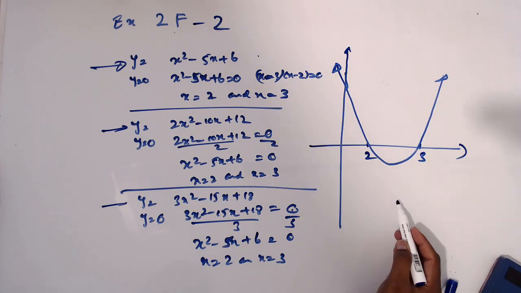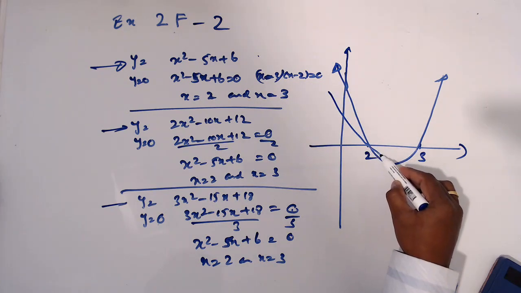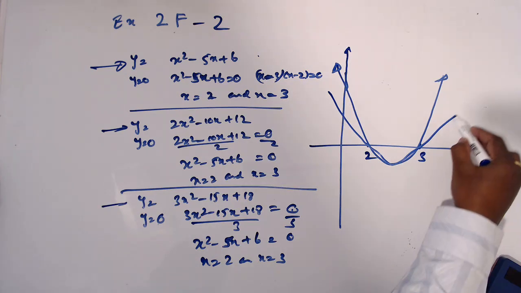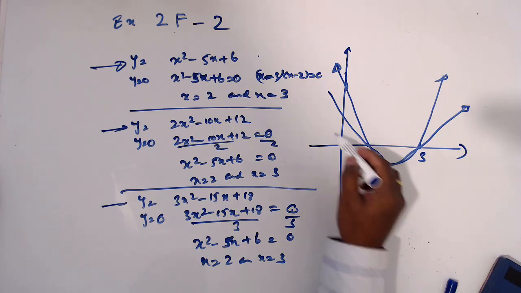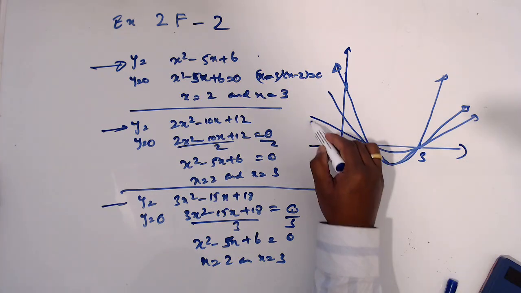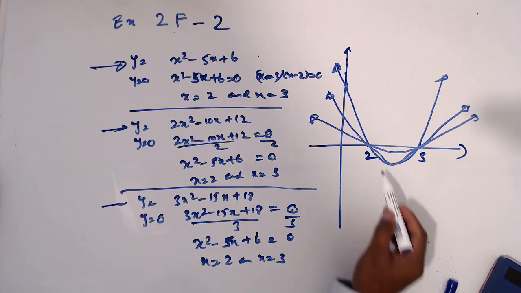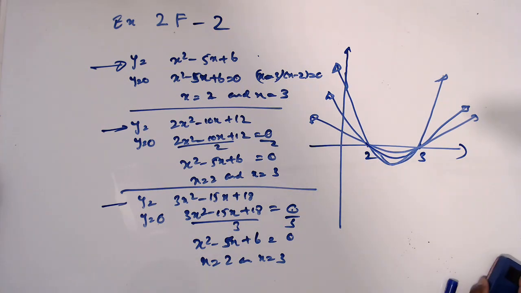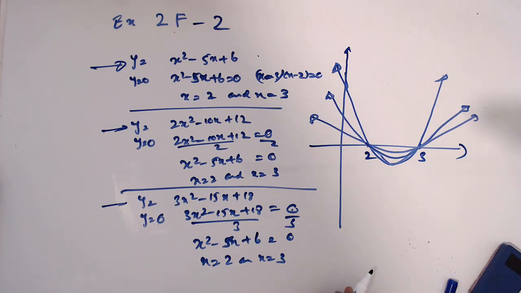This is another graph. This is another graph. This is another one. Likewise, there are infinite number of graphs that can go through these roots 2 and 3. So then